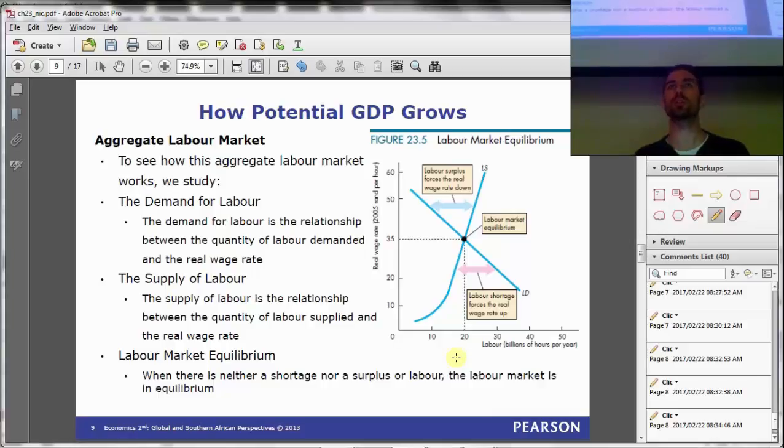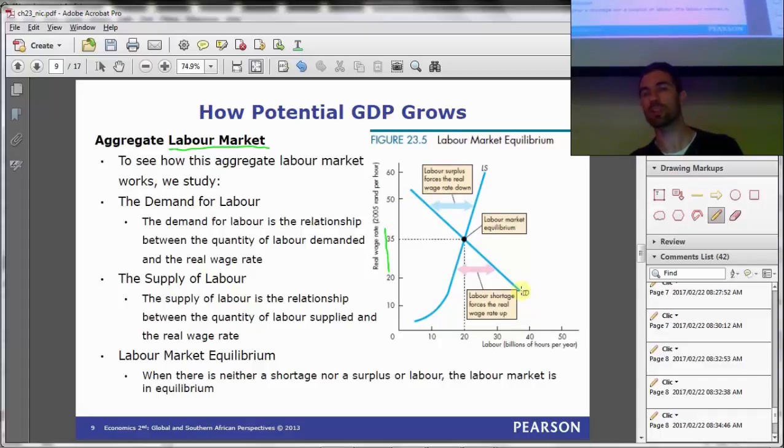Labor as an input into that production function comes from a labor market. So we're going to talk a little bit about the labor market. Our labor market we derive from the same sort of principles that you discussed in microeconomics. The labor demand curve is downward sloping when we plot labor against real wage. In other words, the more that companies have to pay people, the higher the real wage, the less people they are prepared to employ. Alternatively, the lower real wage that companies have to pay, the more people they are prepared to employ.